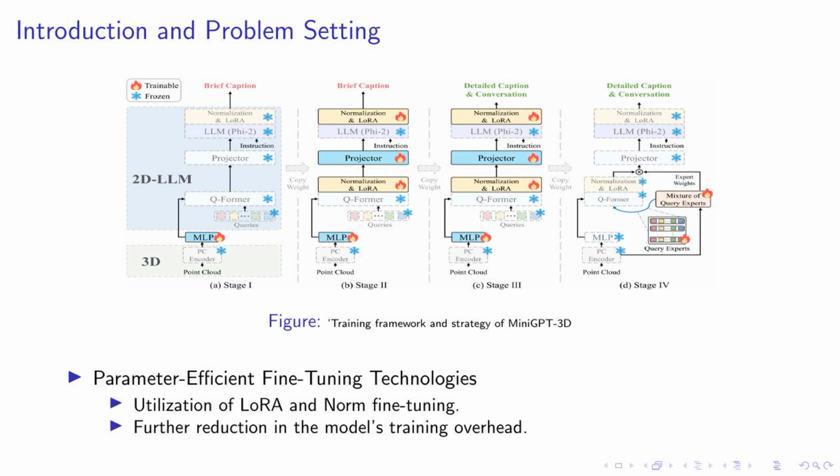This fine-tuning process is crucial in our quest to transfer the vision language knowledge domain to 3D space, thereby establishing the 3D language knowledge domain. The goal is to empower MiniGPT-3D with the ability to comprehend and respond to complex instructions in a 3D environment. This is a significant step forward in our training stages, and it sets the stage for the next phase of